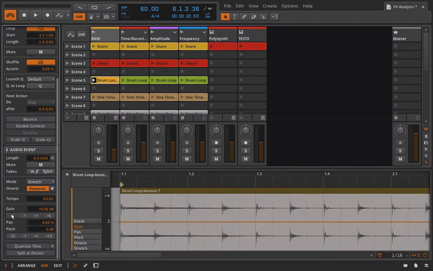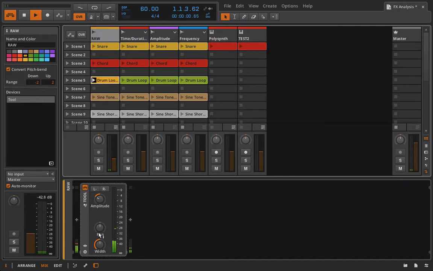I'll bring this back down to its original. Double click it, press 0. And now we've got our sample, and I think we're good to go. It looks like we've got plenty of headroom there. We're cool. So from that initial signal level from our audio file, we then will go into our processing. So as you see, I've brought a tool device in here, and let's quickly talk about some of the parameters on here. Our first two are for phase,